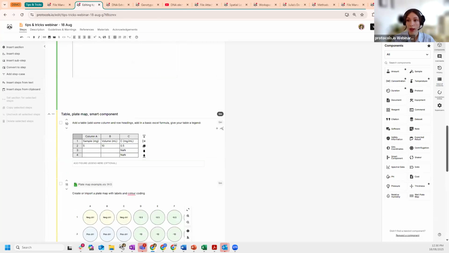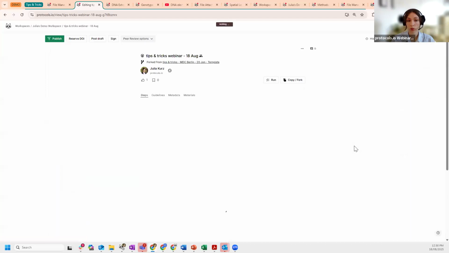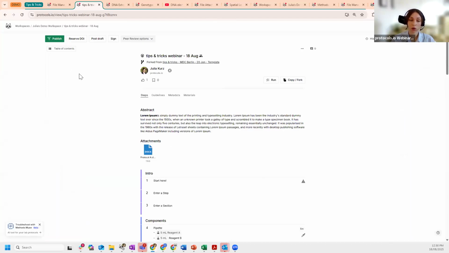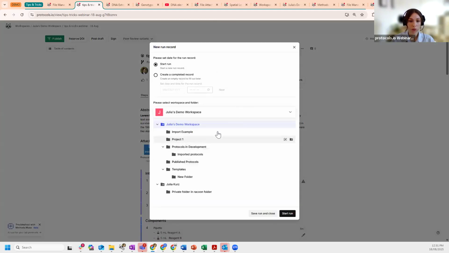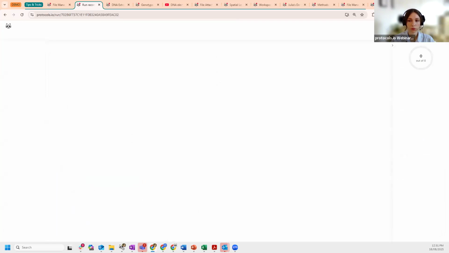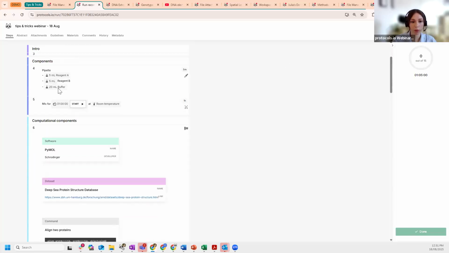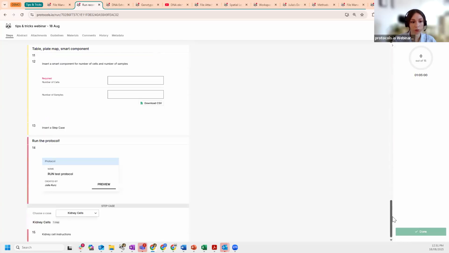So I will go ahead and start running this protocol. I'll go to view, to preview it. This is where I could also publish. You can see the publishing options along the top here. But I'm going to click on run. I'll save it in my workspace. Being a bit slow today. And so this is the protocol run. We can see here that there's that protocol. And if I go all the way down,